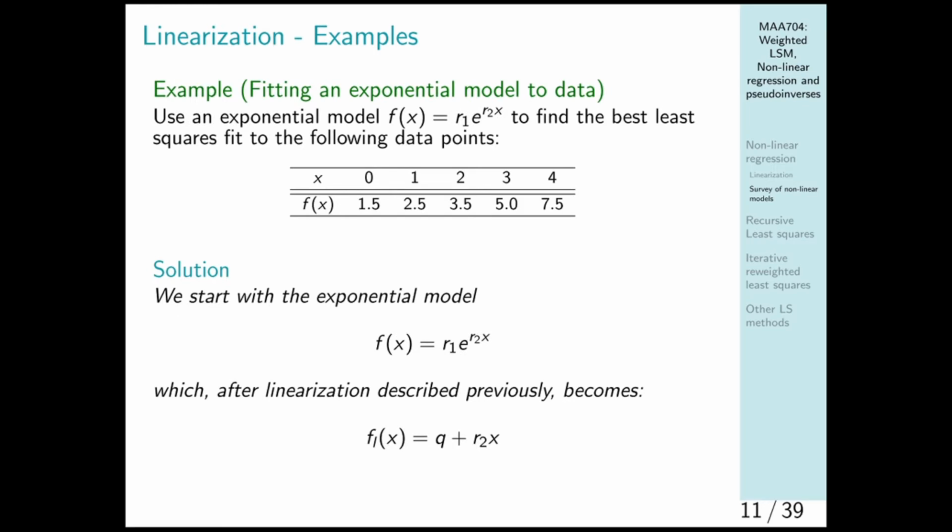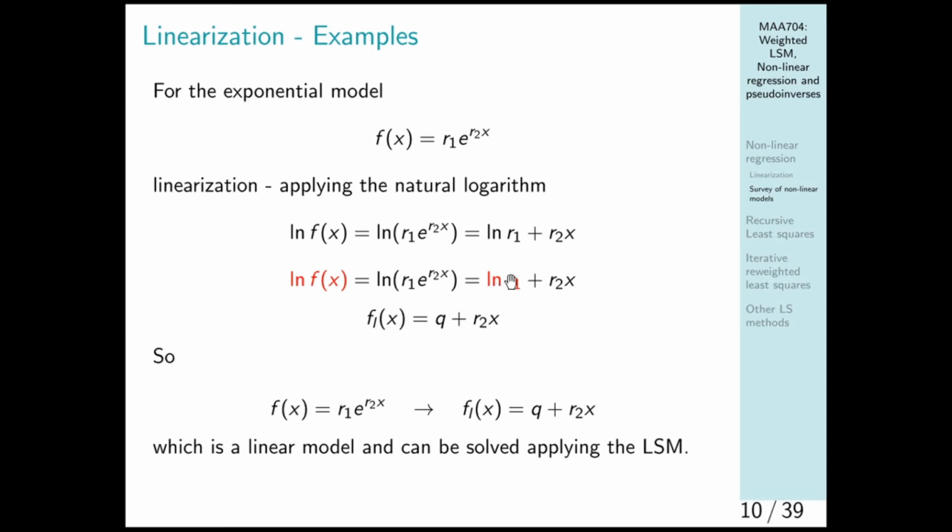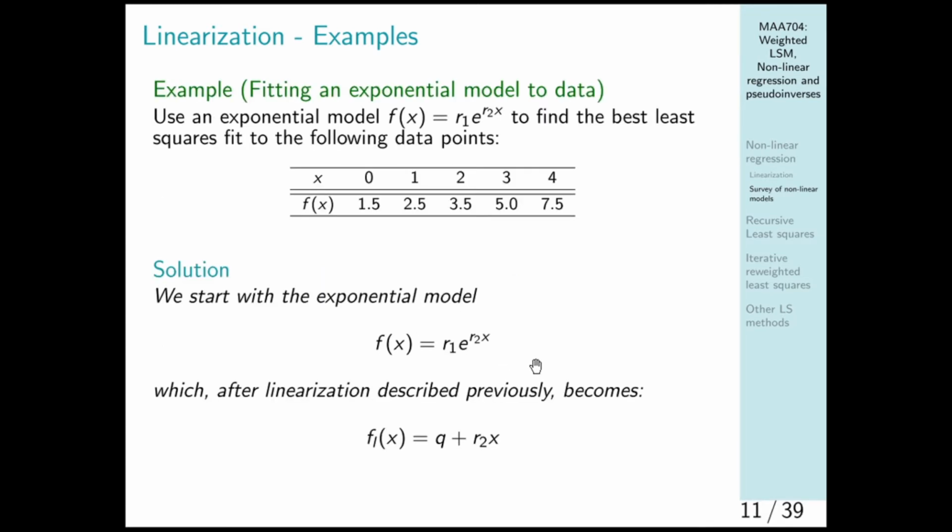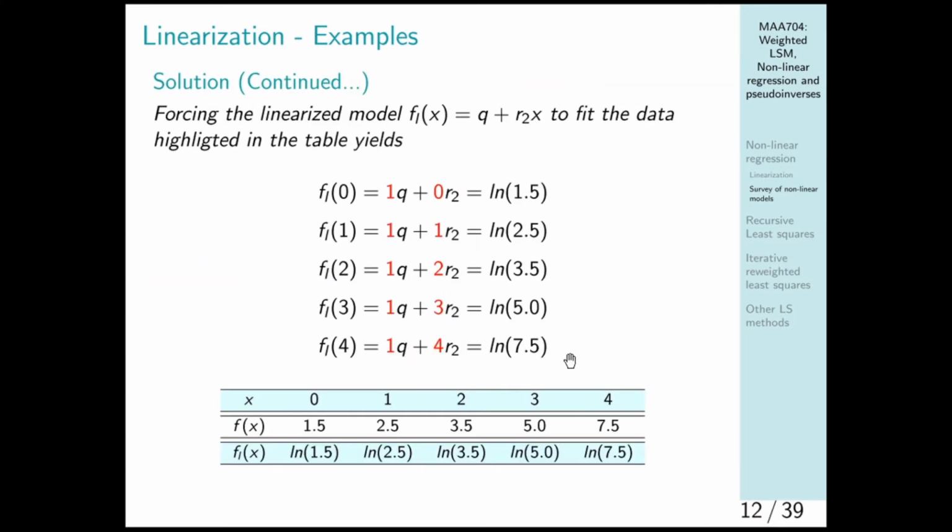Now we're going to try to use this exponential model to find a good least square fit with these data points. Using the theory that we have just seen, we can describe this linearized function, the L here is for linearized, as q plus R2x, and remember here that what we want to estimate is q and R2, because once we have a value of q, we can turn back to this, and we'll have R1 is the exponential of q. So we create a new column with our linearized function, and in this case, f linearized of 0 is 1 times q plus 0 times R2, and we get this, and same with the rest of the data, and we get this column,